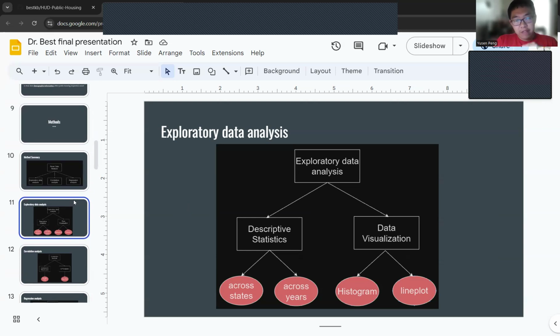First of all, we have descriptive statistics. We have inspection score, right? So why not get the statistics of inspection scores both across different states, but also across different years over time? Here, in the final presentation, I definitely didn't switch to GitHub and talk about this, but just for the purpose of this video,